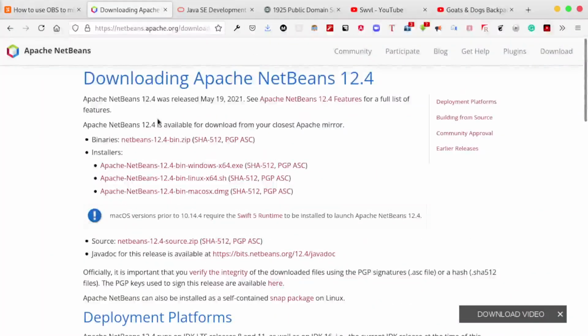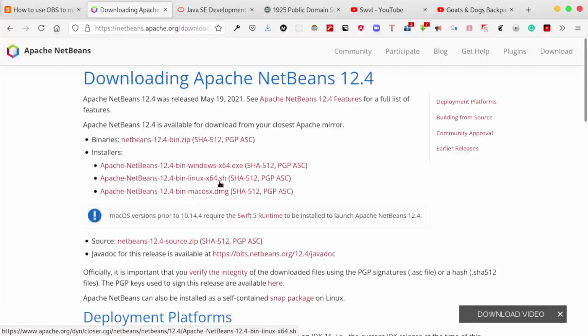Here you will find the installers and also the archive. As I said, I would recommend you to install from the installers. For instance, they are providing one for Windows 64-bit. We have one .sh; if you are on Linux, you use this .sh.